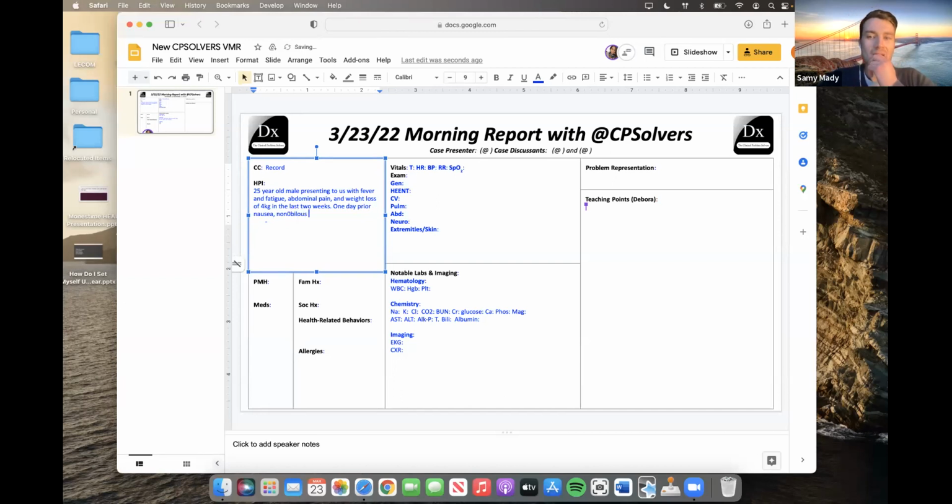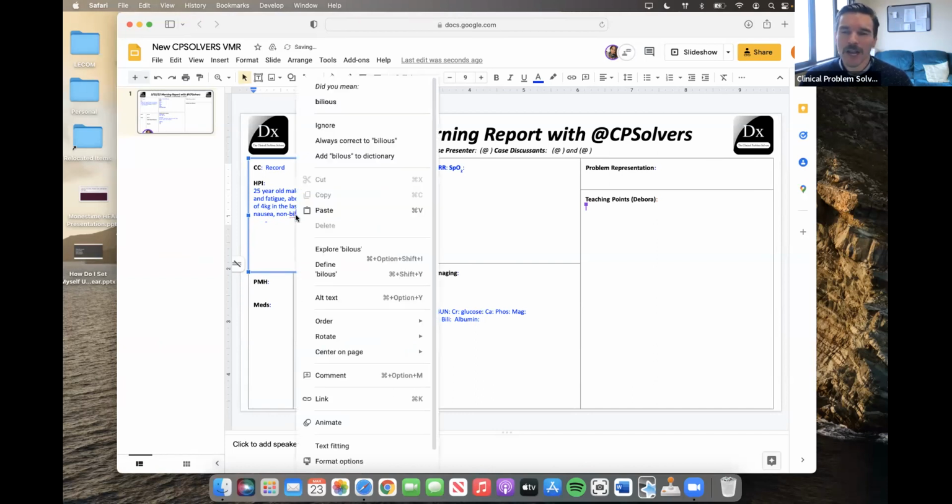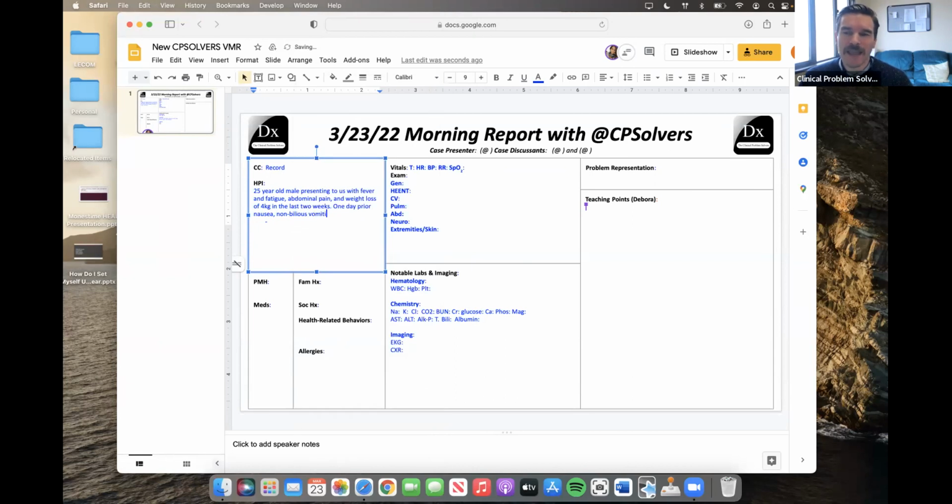Amazing. Well, I will give everybody a few seconds to process this aliquot that Sammy just gave us. This is an initial aliquot that has a lot of information, but not necessarily a ton of localizing features. If we were to look at each of these presenting symptoms in isolation, there is a huge challenge to make progress towards localizing both the etiology and the site of the pathology, right?